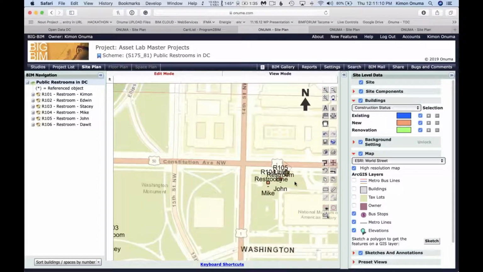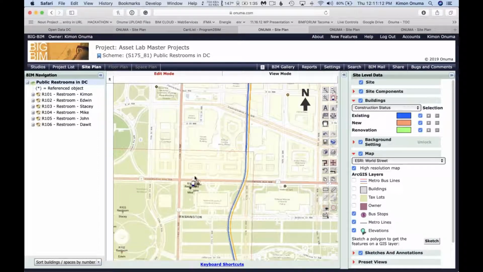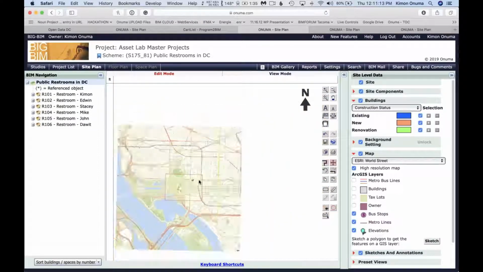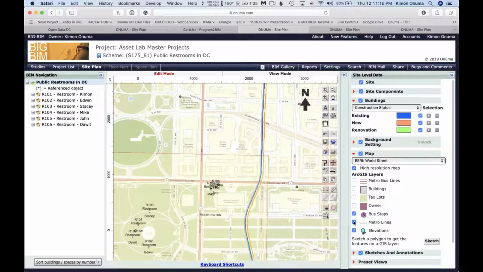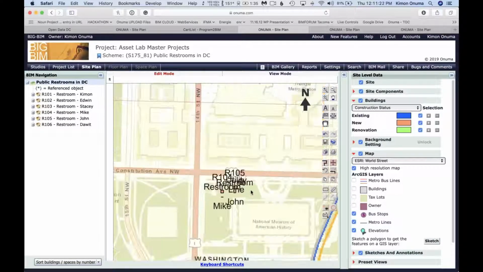So this, just a few hours ago, we found again, we had the DC government GIS data flowing in from the background here, so that the metro line actually is there. You can see it more clearly there. And we also had a bus stop. We found a bus stop. Oh, there's a bus stop dot on the map. We probably need a restroom near the bus stop, and we need a utility line.